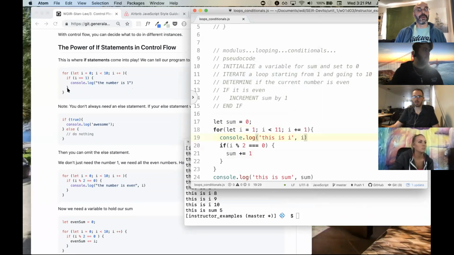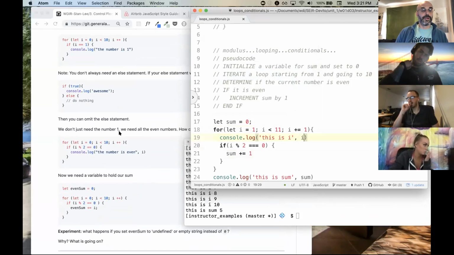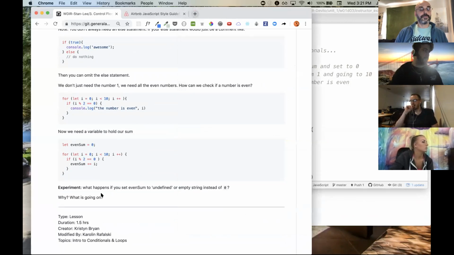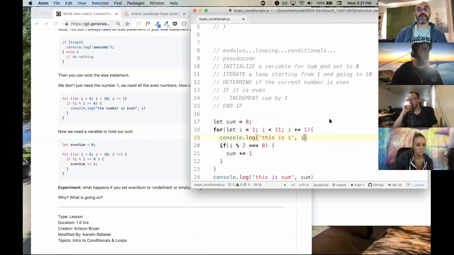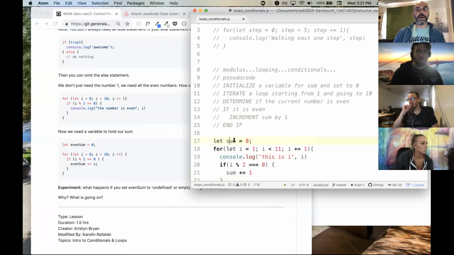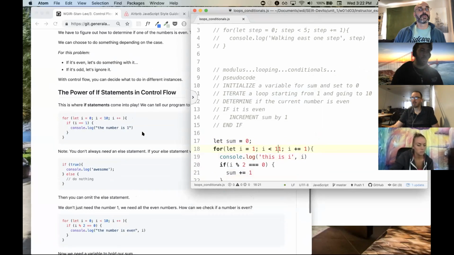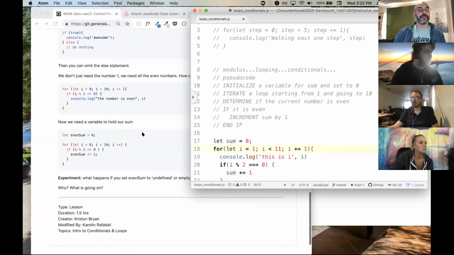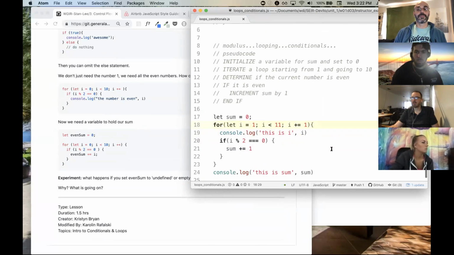I'm going to keep going down here. Obviously, they're refactoring the code a little bit more along the way. So what happens if you set even sum to undefined? Okay, so this looks like the code that we have, correct? I see they have even sum, I have sum. They have let I equal to 0 and they go to 10, right? I'm going from 1 to 10 because I want to count numbers, because that's what it said. Count numbers from 1 to 10, get even numbers from 1 to 10. Then I plus equals 1. And then sum is,